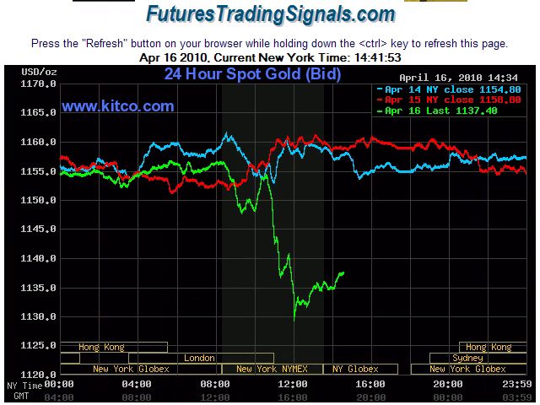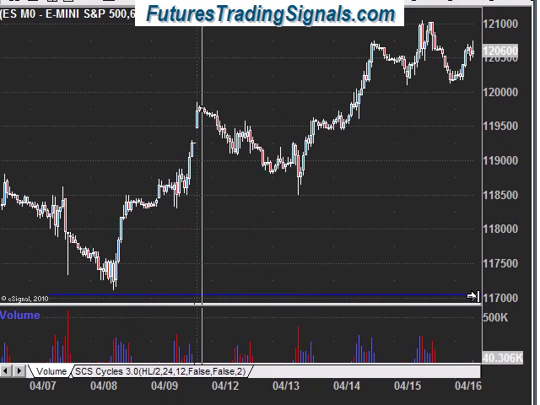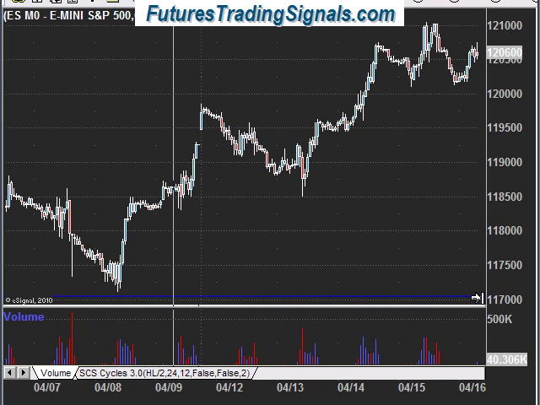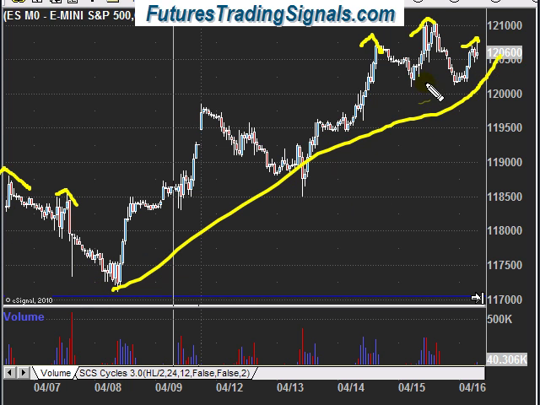Now I did mention the S&P this morning, and I want to quickly bring that chart up. This was the chart we were looking at this morning, and I pointed to this mini head and shoulders, which we've seen before, which was just a shoulder and a head, and we've had this strong run up, and we were expecting it. I pointed it out. It wasn't a trade that we took, but I wanted to point it out because it's a very similar pattern to the gold, and everything was saying that this was going lower.